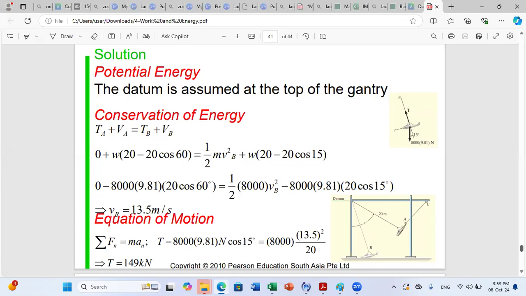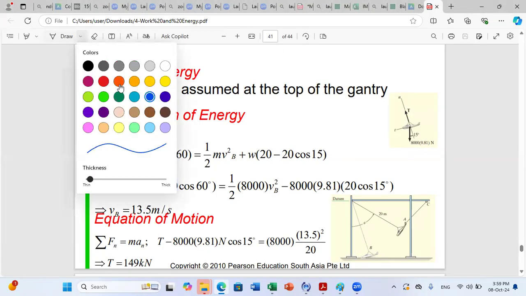Because if we take the datum at A, the initial potential energy is zero. Right. And the final one, what did you get? Let us do it together. I got it wrong, I think. Okay, let us do it together. So if you take the reference at A